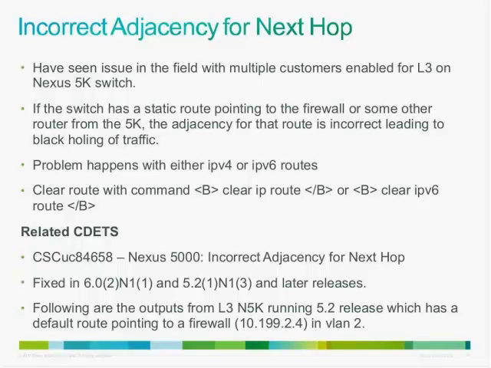So definitely it's a very important caveat, which we need to be aware of. Clear IP route for that particular route, or even an IPv6 route, is currently the workaround. We have made the fix available in 602N11 and 521N13 and later releases. So obviously this is something, if you guys are running L3 and you see severe connectivity problems, definitely let us know. We can get on the switch and accurately diagnose it to this